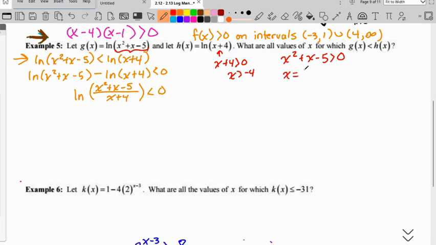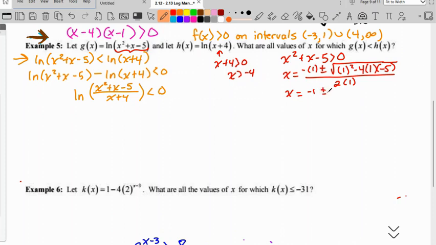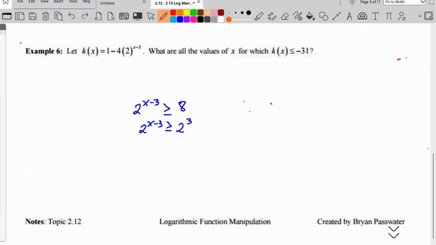So x equals negative b plus or minus the square root of b squared minus 4ac all over 2a. Okay, so if we simplify that, we get that x equals -1 plus or minus the square root of something over 2. That something is going to be,